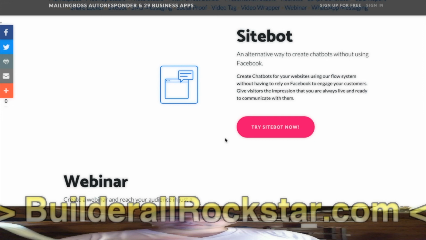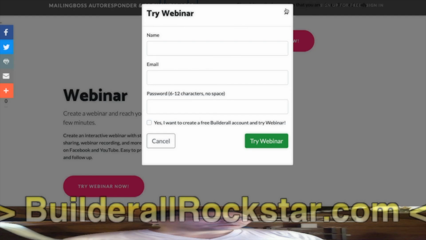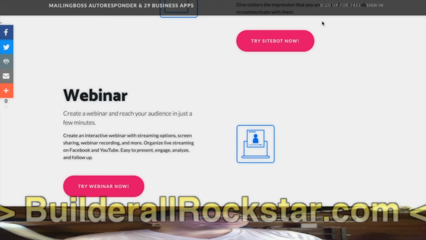The platform is Builderall. It's not hidden, because every time you click, okay, I want to create a free Builderall account, immediately you are on Builderall. Even if you click on sign in, you go to the Builderall login page. So it's not hidden, but there's no need to talk about it because this website is about focusing on the tools, on every app.